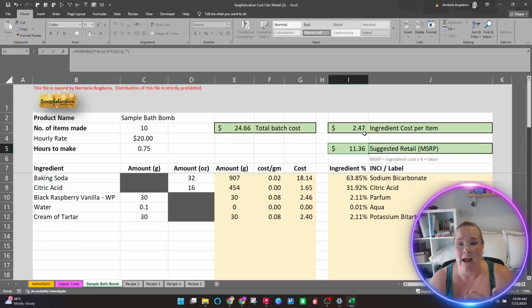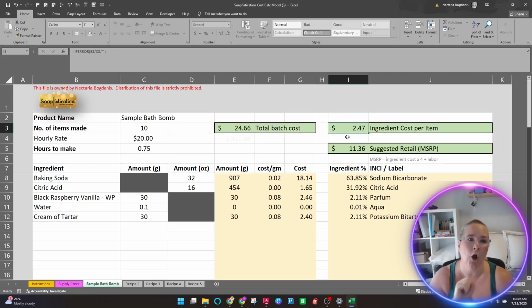The benefit you have here is you do see that your ingredients alone, if you don't even calculate your time, cost you $2.47 in this scenario. So if you price yourself below $2.47, you are losing money with every bath bomb you sell. That's not even factoring in your time.